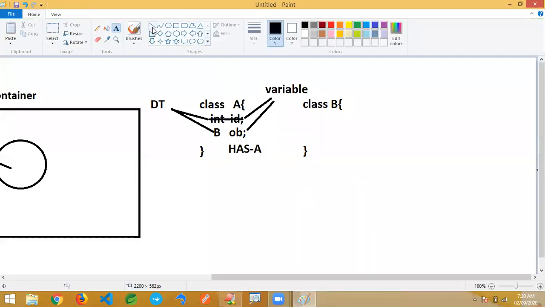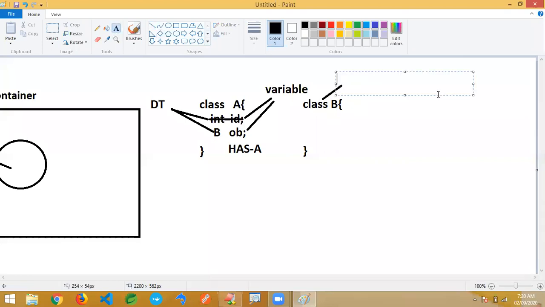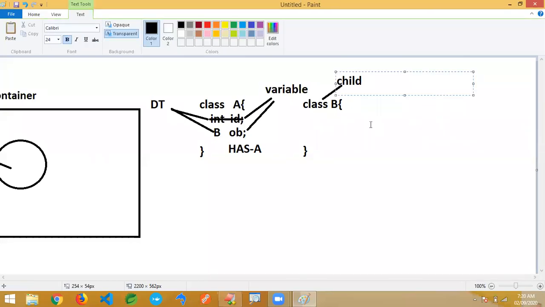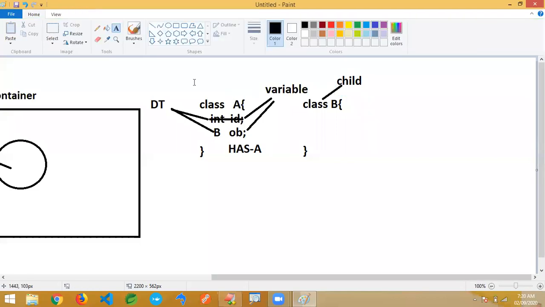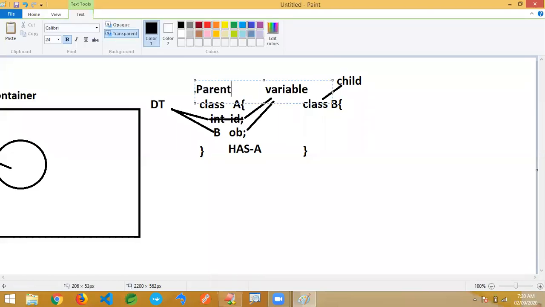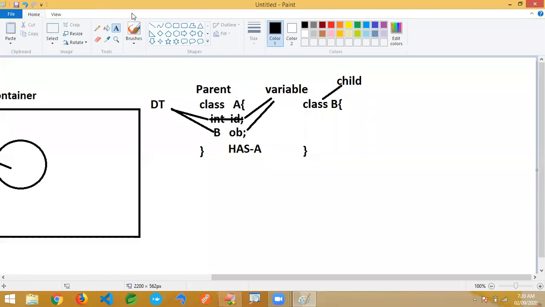So here, whatever class you used as a data type, I'm just calling it the child. B you used inside the A, right? So this A I'm just calling the parent. That is the terminology here.